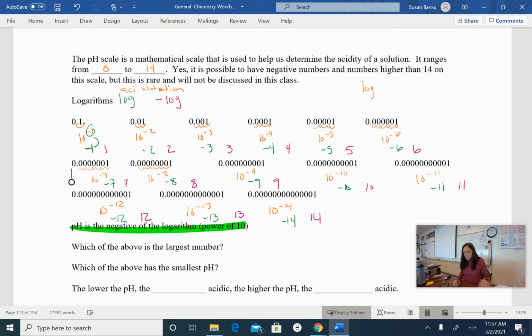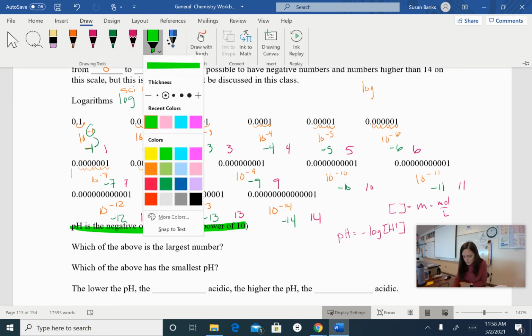So the pH is equal to the negative log of the hydrogen ion concentration. Now these square brackets mean molar, which means moles over liters, and we've done moles over liters. So we know that it's a concentration, how many moles there are in a liter. So when we talk about a pH of 14, for example,